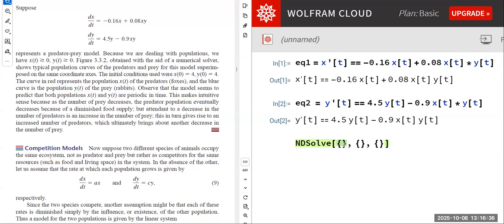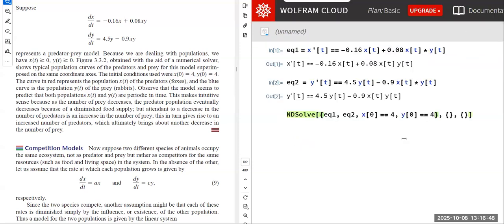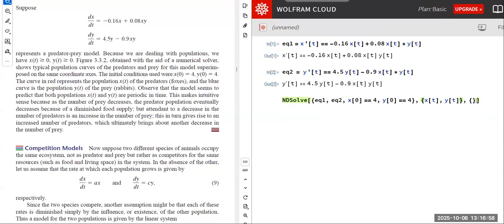So over here, we're just going to enter EQ1 and EQ2 for the equations. And then I will also type in the actual initial conditions as well as the equations themselves. Okay. For the second set of parameters, we're going to enter the dependent variables. And then finally, we're going to say, let's solve for t going from 0 to, and then at this point,